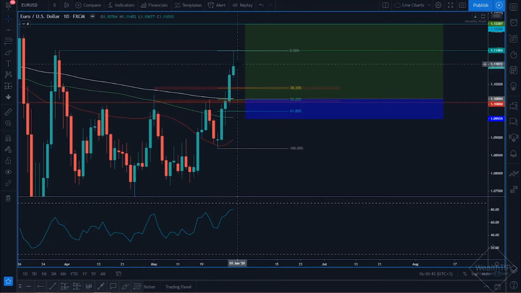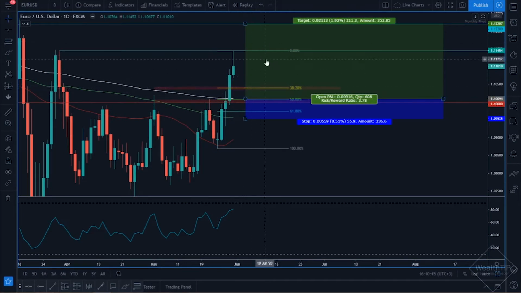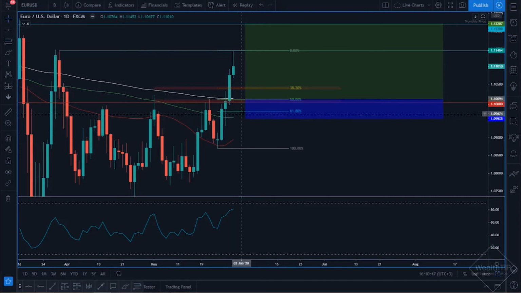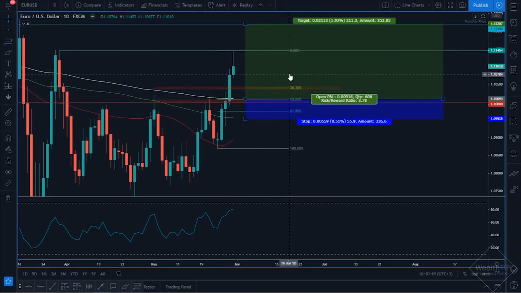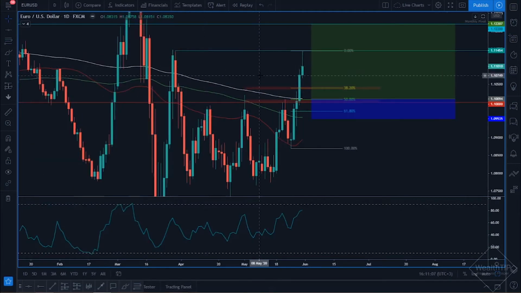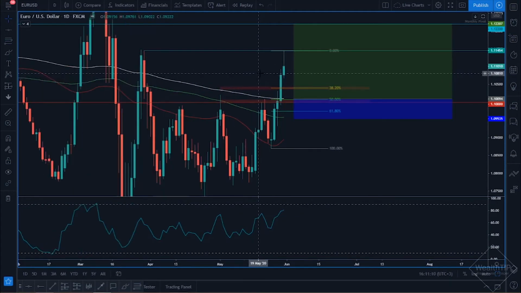And bear in mind that if we see the market drop and start to build momentum up again, we have our EMAs coming in and acting as dynamic levels of support, protecting and guiding price all the way to our target level. So I would see that the euro dollar does have massive amounts of potential to take advantage of. And I think that this is definitely going to be a pair that I'm going to be keeping on my watch list for the week to come. So with that being said, guys, let's jump over to our next pair.